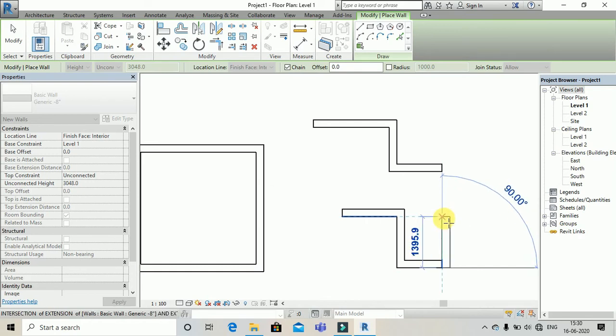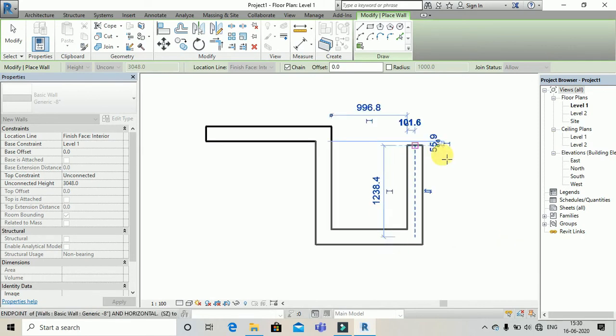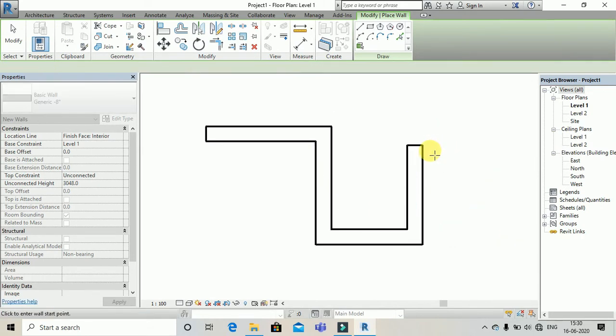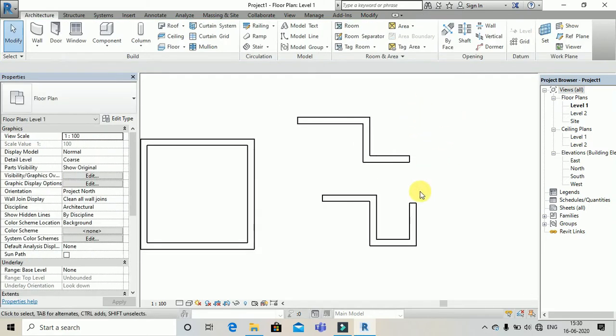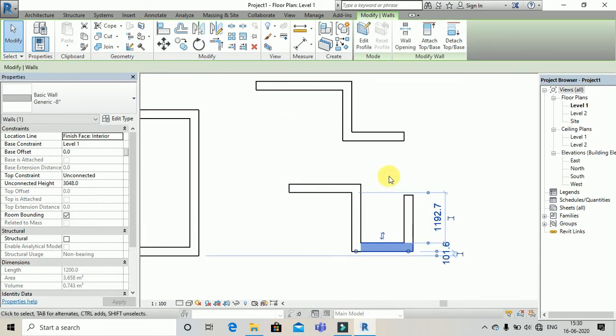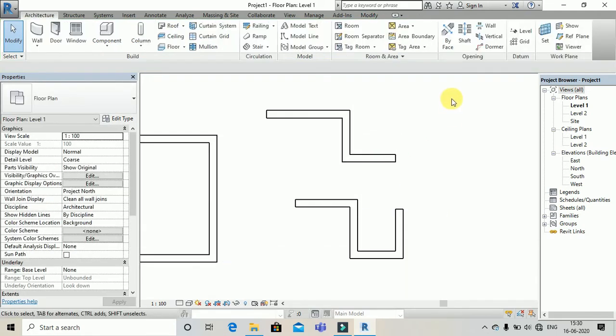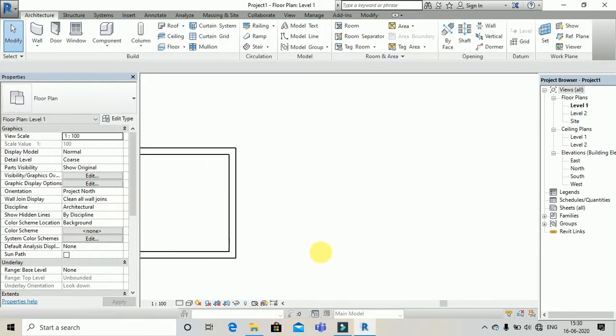This one, with an angle, is also showing. You can flip the wall just by clicking the space button on your keyboard. Now the temporary dimensions are also showing from face to face. So let's delete this one.